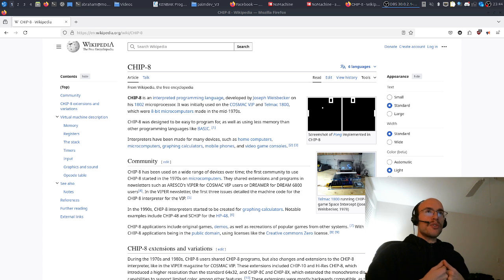CHIP-8 again was first developed for the 1802 and for 1802 based computers, but since then